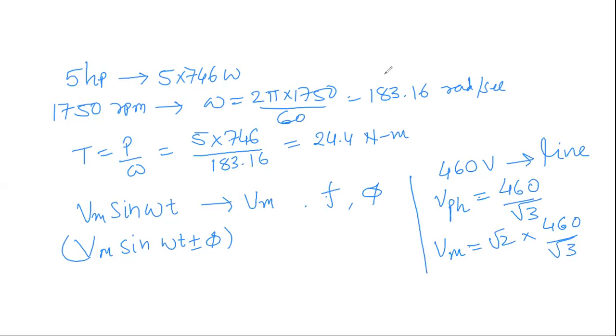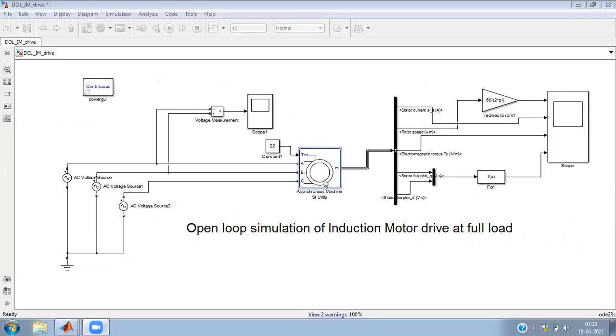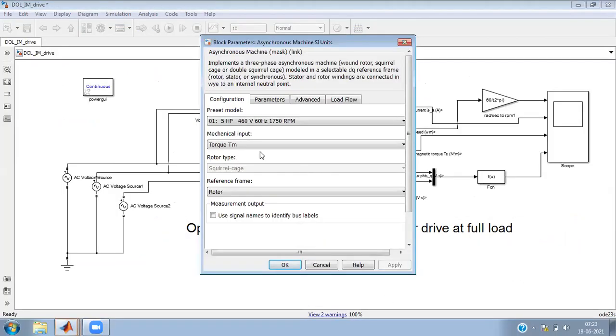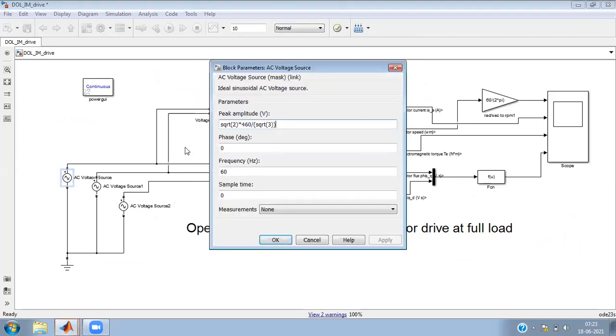With this background, now we'll go to the simulation model and see how the simulation works. You can see that this is a preset model. Now we have selected the voltage. You can see this is square root of 2 into 460 divided by square root of 3, the peak voltage of one phase, and the frequency is 60 Hertz. The first is the A phase with phase difference 0 degrees.